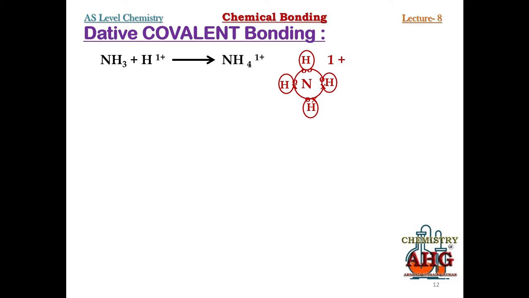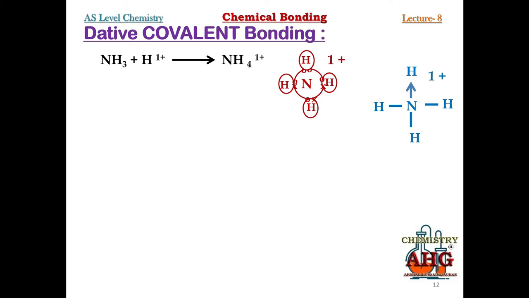Now students, you can also write down Lewis structure for ammonium ion, and what you will see in a Lewis structure, simple covalent bond, it is represented by a line. There are 3 simple covalent bonds, we will draw 3 lines, but the 4th bond is dative covalent bond. Dative covalent bond is always denoted by using an arrow. What is the direction of arrow? The direction of arrow is always from donor to acceptor. So now you will place hydrogen on all the 4 sides and a charge of 1 positive.